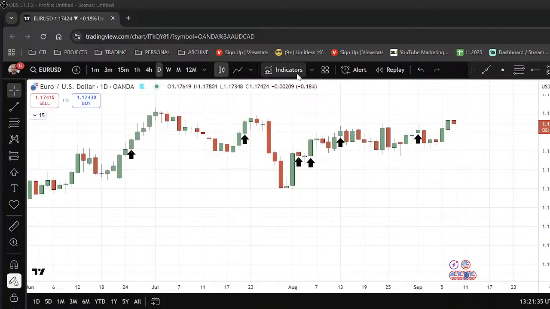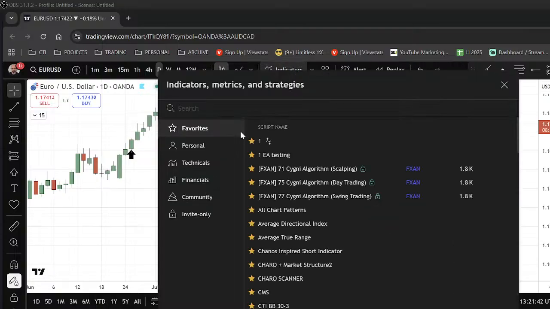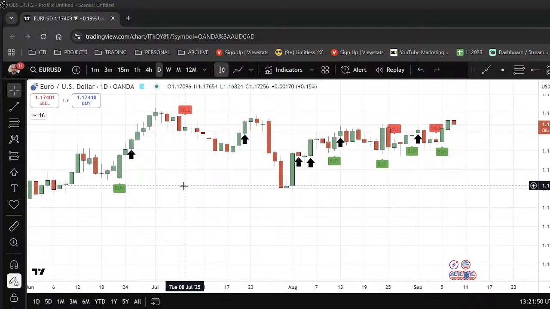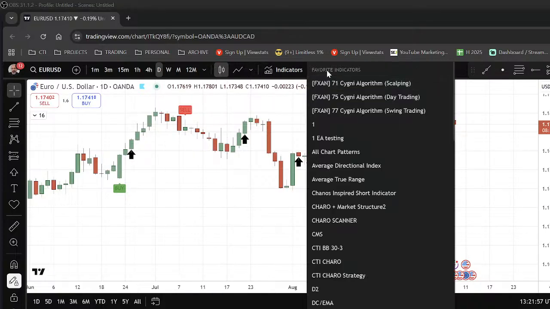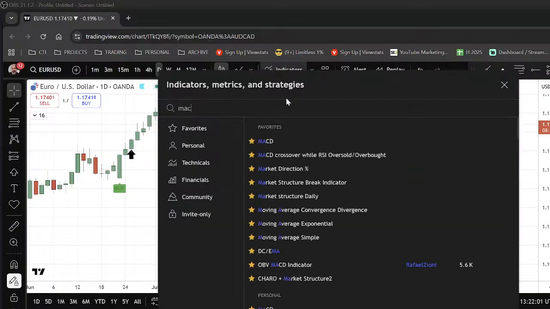So what I'm going to do is look for, let's go for indicators. You're going to see a lot of indicators in here. So let's go for the typical MACD. This is MACD, yeah. And automatically I already got the crosses. Okay, I should not have the crosses already. So let me see if I can show you the classic MACD without my